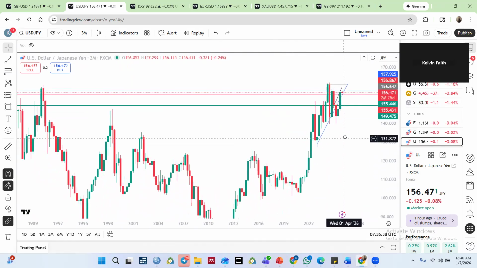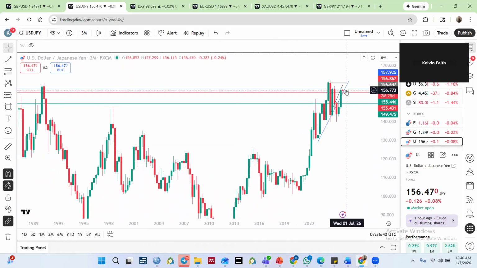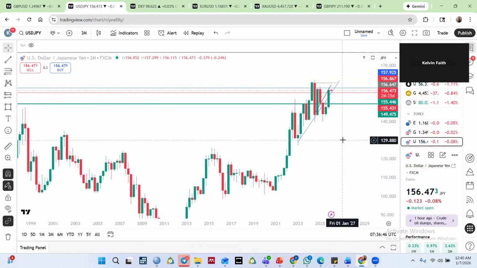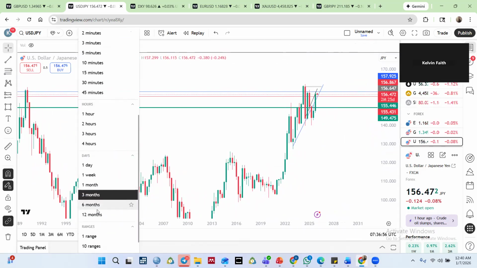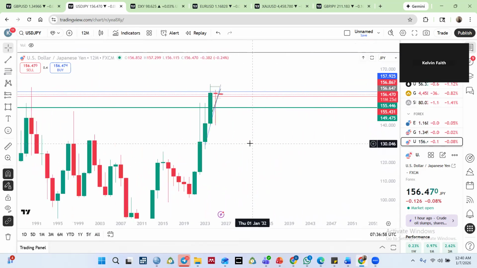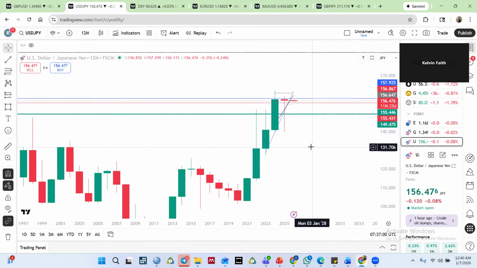So there's a higher possibility there's still going to be a reaction to the downside, but whether it's going to be a very big reaction down, I can't tell. But what I know is there's a higher chance that we might get some pullback before maybe more buys or something like that. If we look at the 12 months time frame, we can see that the whole of last